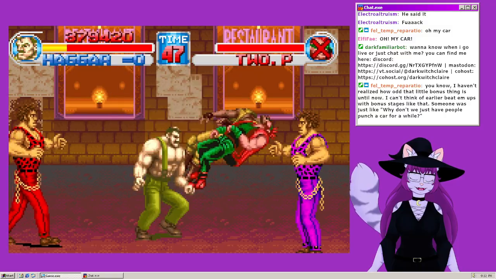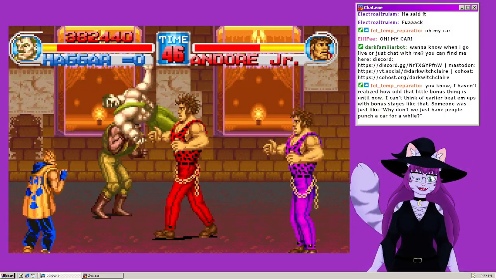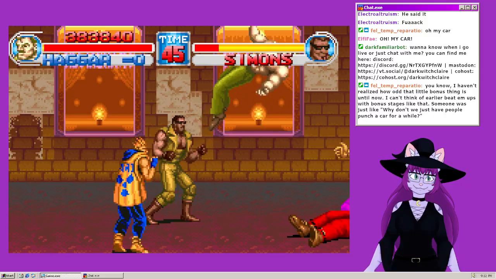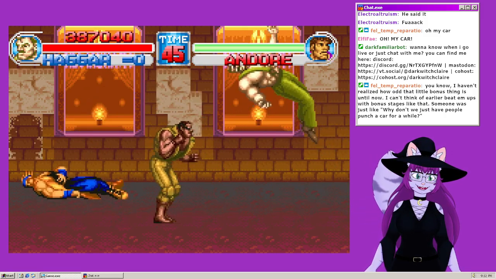Yeah, Fel. I think that was the Street Fighter influence, because the first Street Fighter game had some bonus stages where you could hone your skills, like the one where you have to jump and hit the wood planks. There are some other ones as well. I think there was, like,